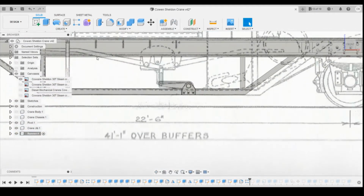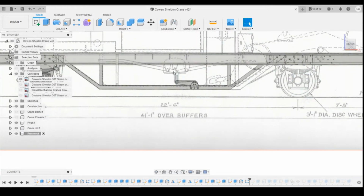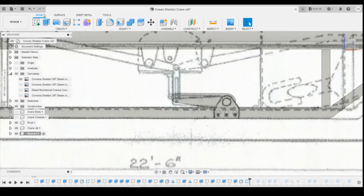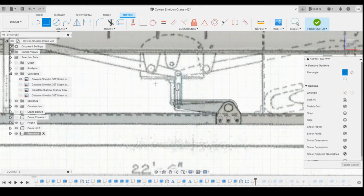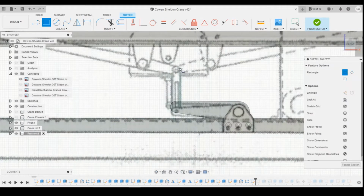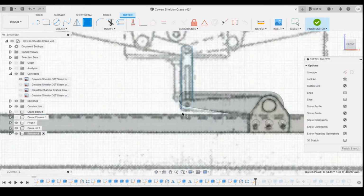Obviously, we've got to think about the position of the handbrake being either on or off. I believe upwards is off, so we're going to draw it to the positions it is on the drawing. So we're creating a sketch now on the front of this surface here. We're going to do a rectangle shape. We start at the top corner and we can drag it. I don't want to snap into that because that'll be a constraint that I don't want. So we've got it there, so we're going to define the height,